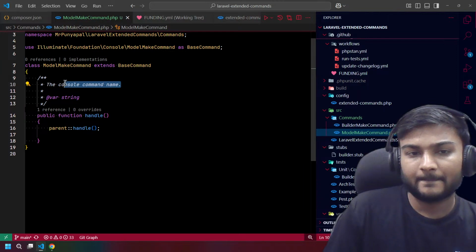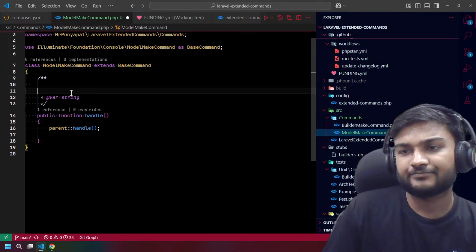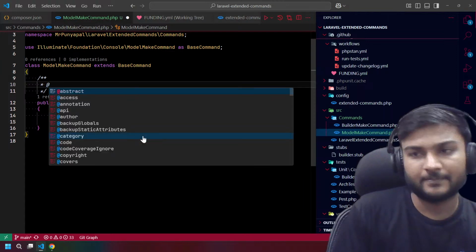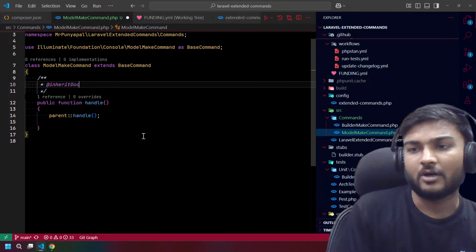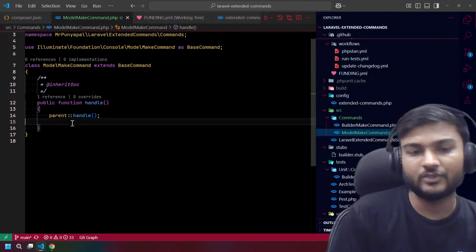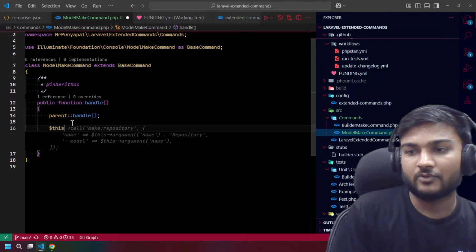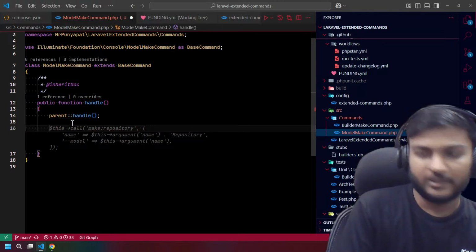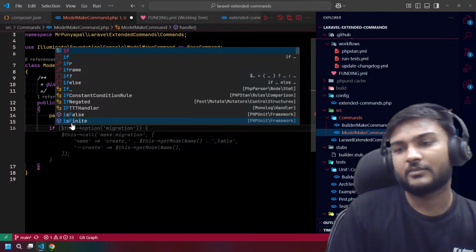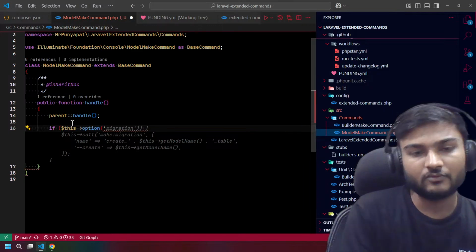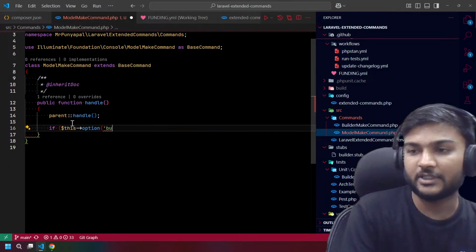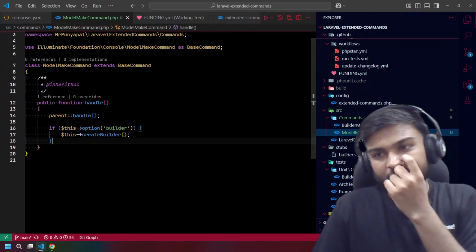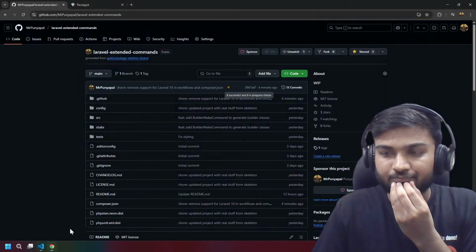We don't need this. We can also say inherit raw, so no need to worry. And if we have an option called, what option do we need? We need a builder option, right? Yeah, create builder. That is what we actually did.